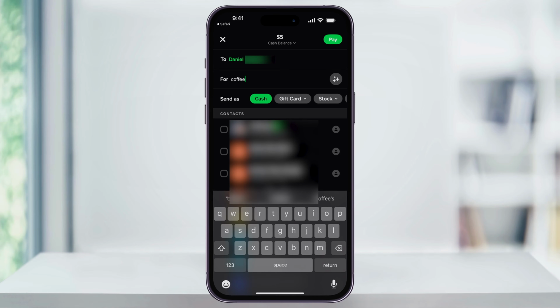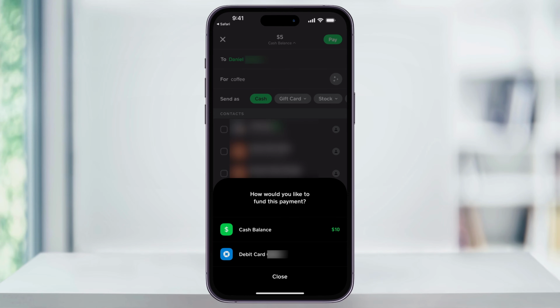Once you have all of this filled out, we can then confirm where the money's coming from. At the top center of the screen, you'll see the amount that you're sending, and then under that, where it'll pull from. Go ahead and choose this. From the pop-up that appears, we can then select where the funds will be pulled from, depending on what you've set up so far. If you have a balance already inside of Cash App like I do here, it'll automatically